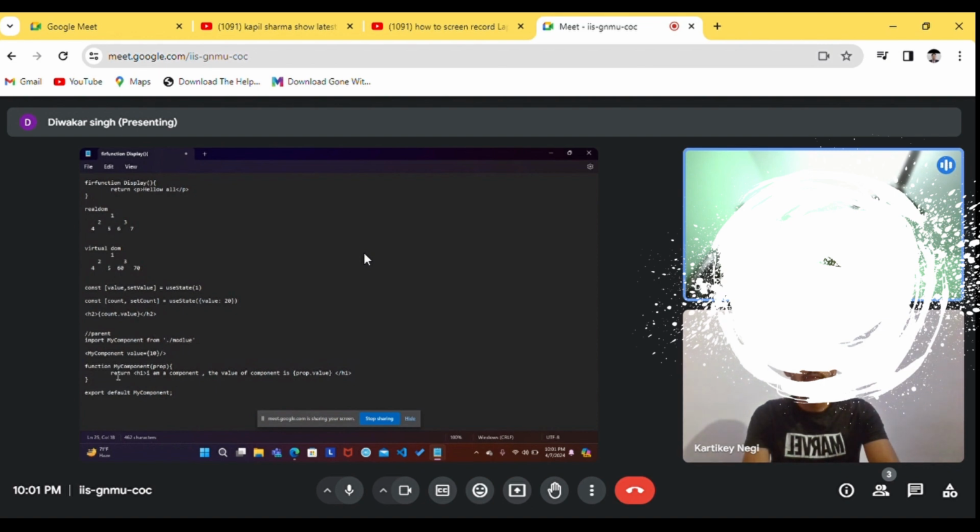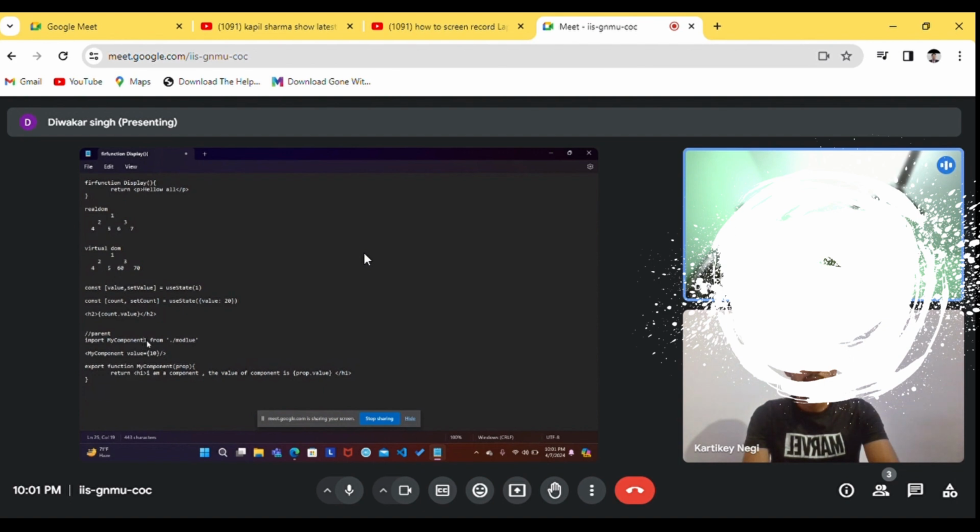If I have used export default, in that case I can modify the name of the component. I can take it like MyComponentOne. I have exported it with the name MyComponent, but still I can rename this component and use it wherever I want. But if I use only a named export, I cannot import it like this.